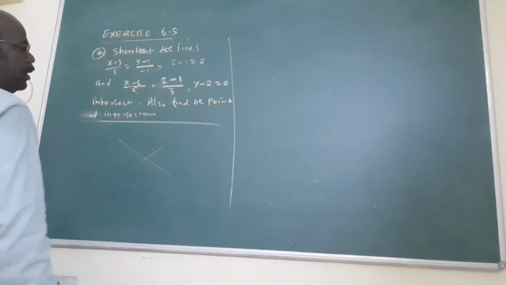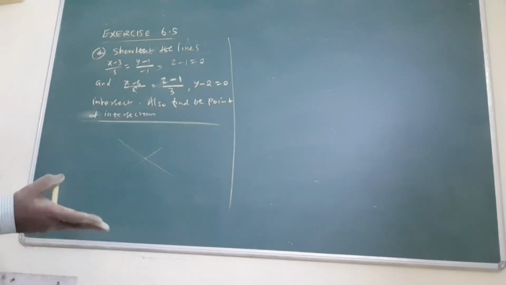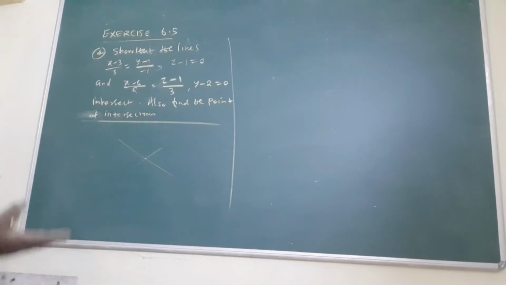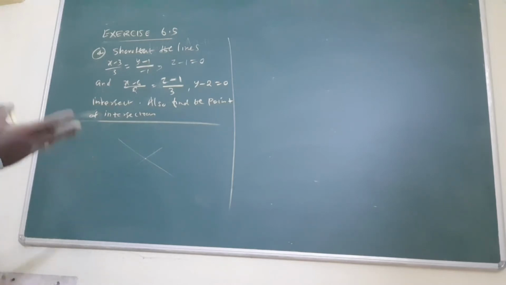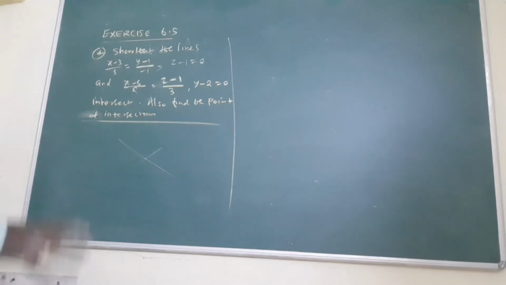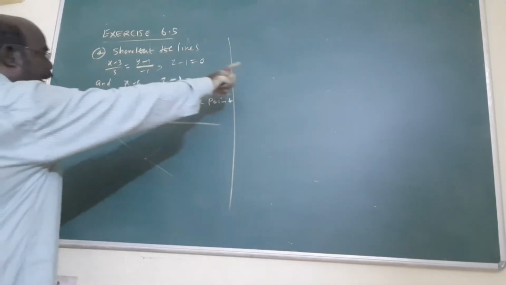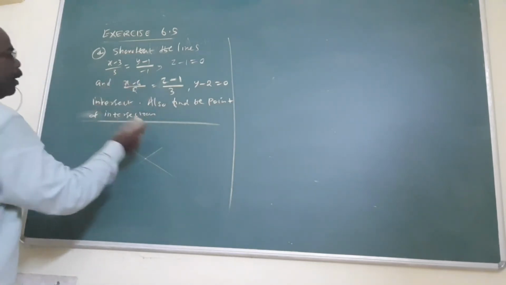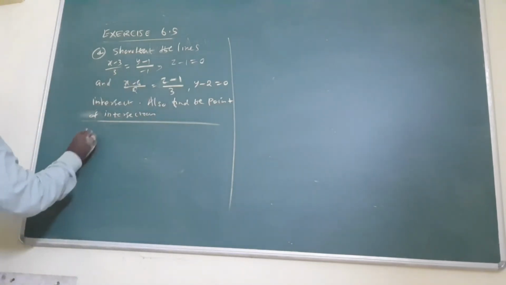The previous formula: (C vector minus A vector) dot (B cross D) equal to 0, or otherwise the determinant of x2 minus x1, y2 minus y1, z2 minus z1, b1, b2, b3, d1, d2, d3 equal to 0. In this way you can put it any other way. But the easy method for this one is what? You will assume the point x1, y1, z1. If that determinant is 0, it means the two lines intersect each other. And also find the point of intersection in the next part. That's the important 5%.